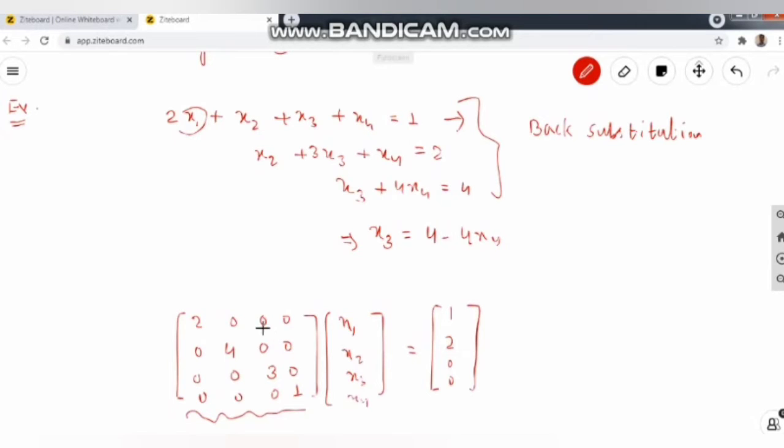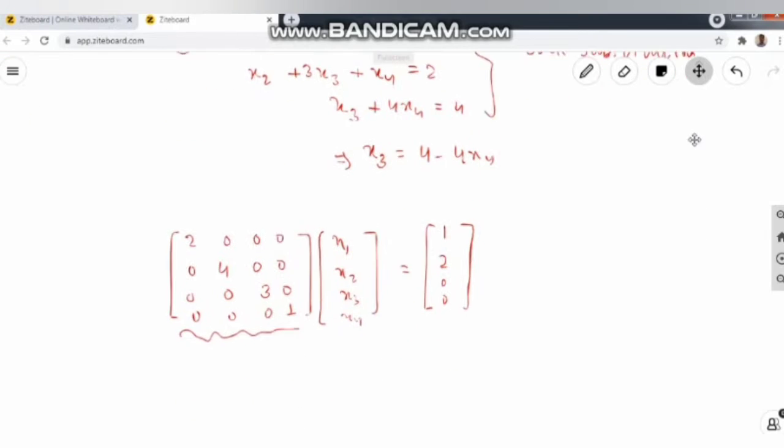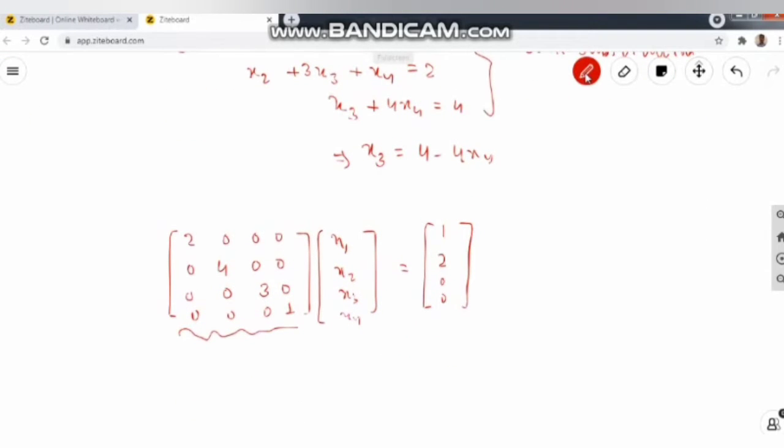If we have this type of linear system, then we can find the solution easily. Just you can see what the solution will be. So what is this system of equations? This will become actually